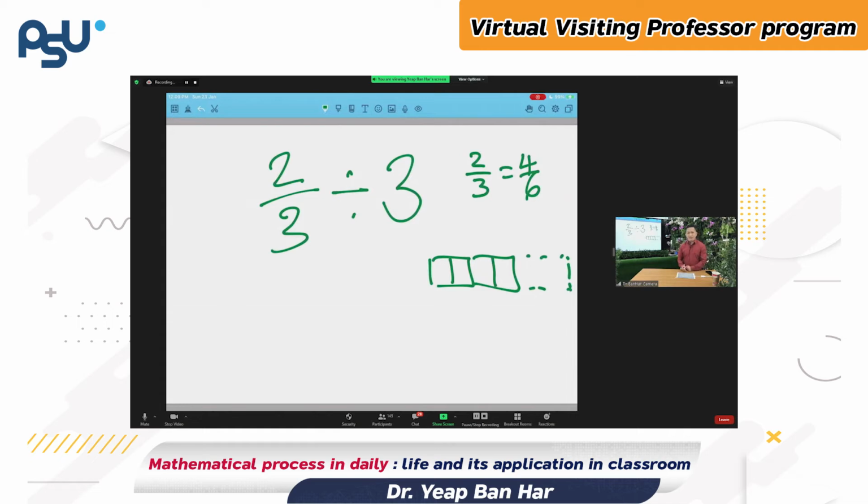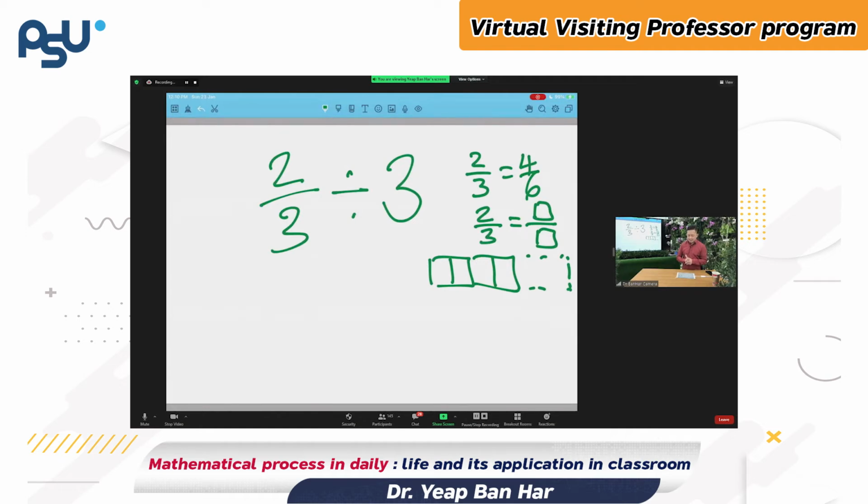But 4 shared by 3, also not so easy, not so convenient. So 4/6 shared by 3, also not so useful. So I can ask the students, can you think of a good number to change the 2/3 into? What is a good number? Can you imagine the 2 become 4? Not so good, because 4 divided by 3, not so convenient. So what is a good number to get the 2 to become?